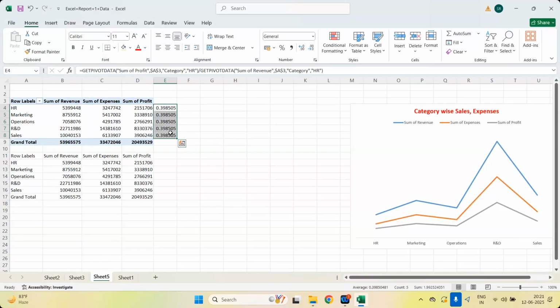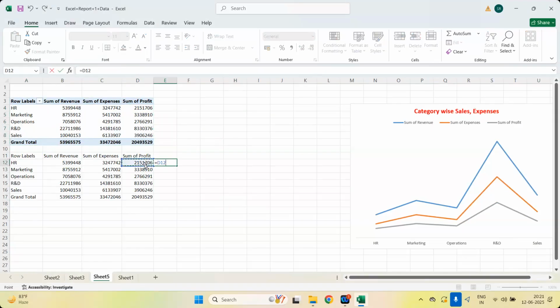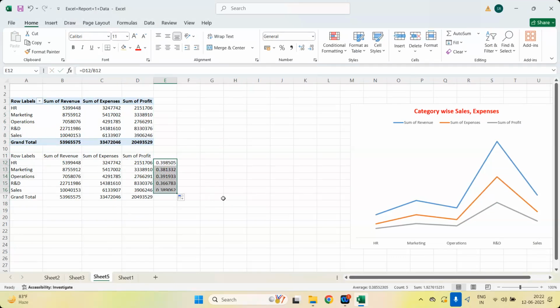Now here I'm going to write profit by revenue, and similarly for others also. Now this is making 38%. The profit I got from the revenue is 38%, 39%, 36%, 38%. So in everything, almost the profit percentage is the same, close to 38 to 39%, except for